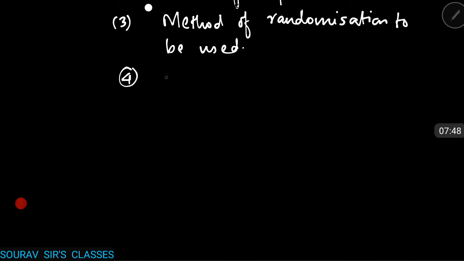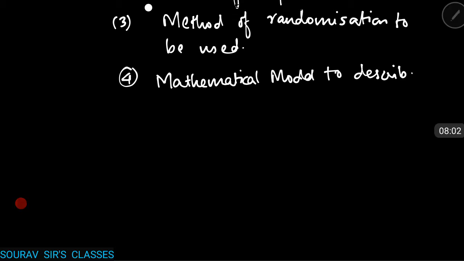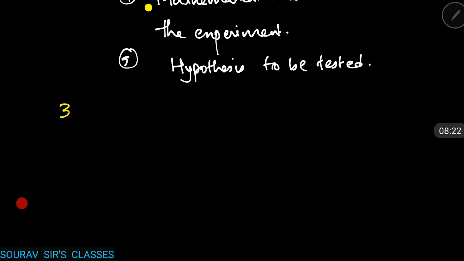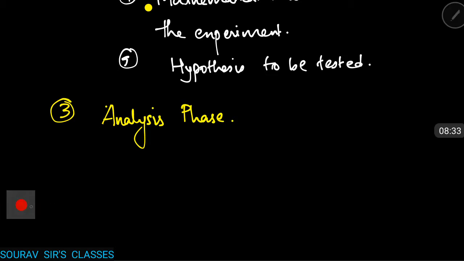Number 4, mathematical model to describe the experiment. Number 5, hypothesis to be tested. And the third one is analysis phase, which comprises of number 1,